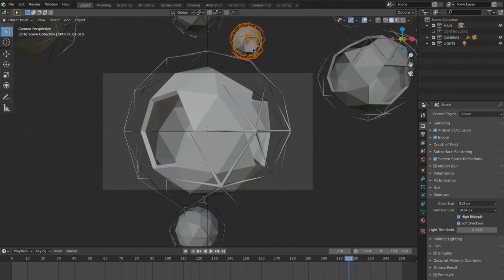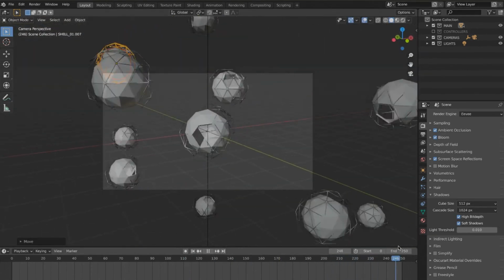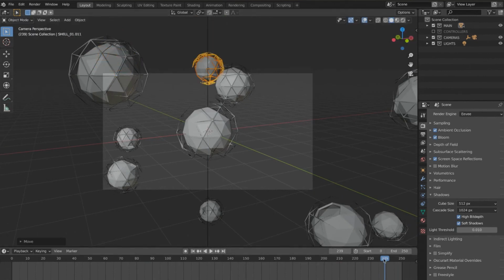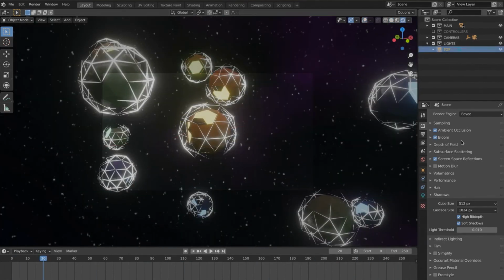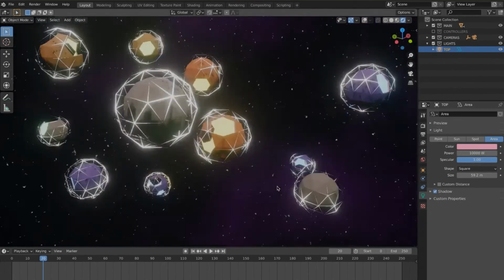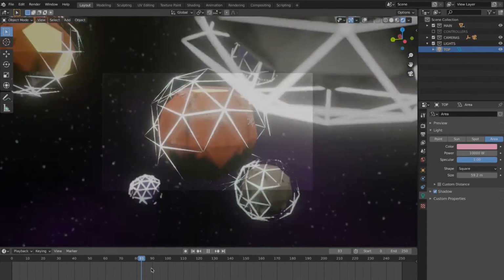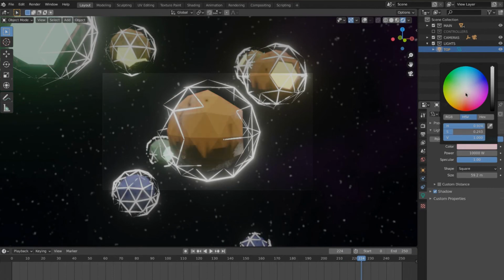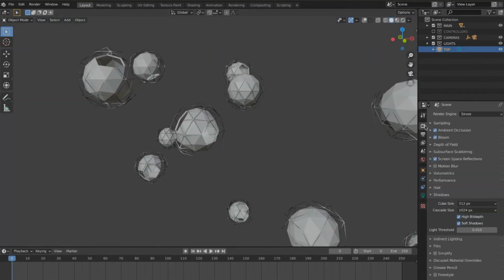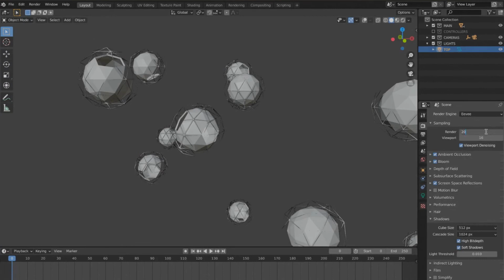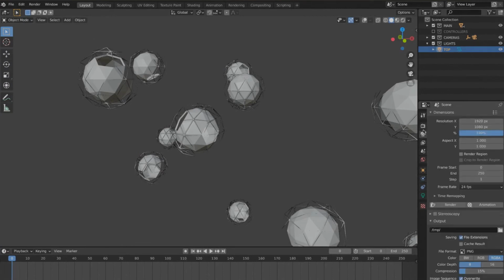The next thing to do is adjust the light a little bit and set up the render. Usually I render with 200 samples. I need the samples a lot lower when I model, because I don't really need that. And all you have to do after is set up your render and render.